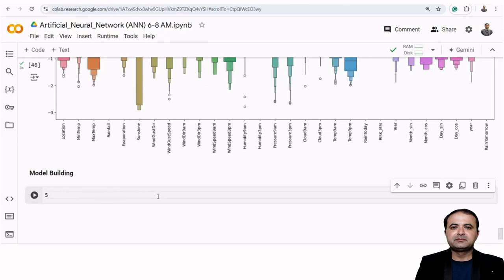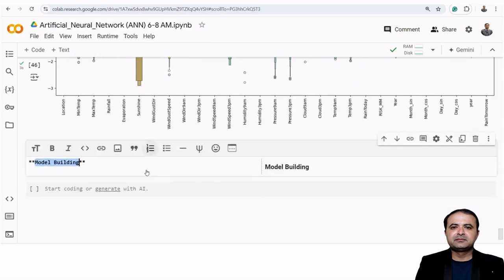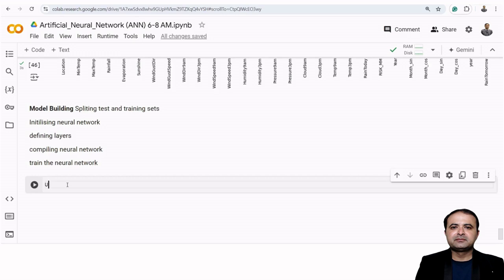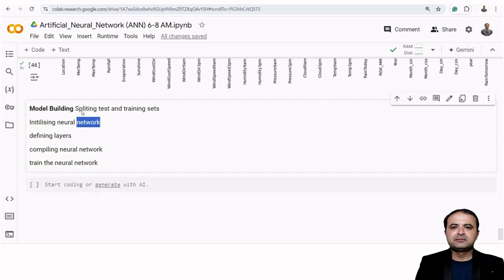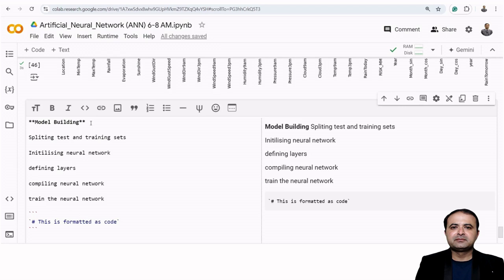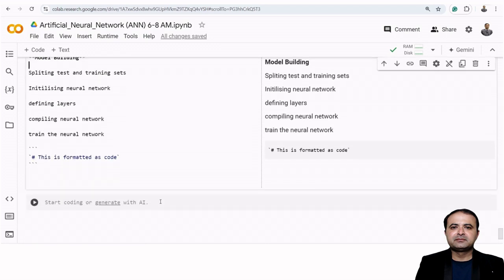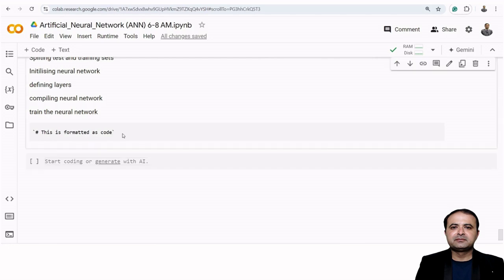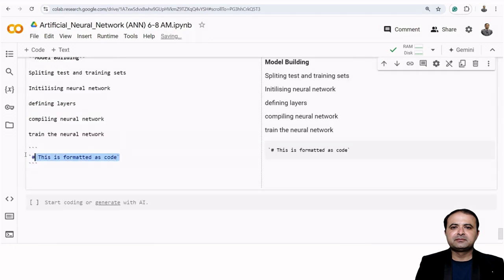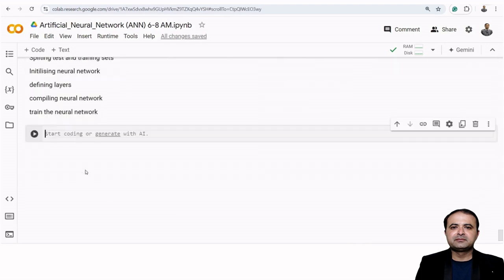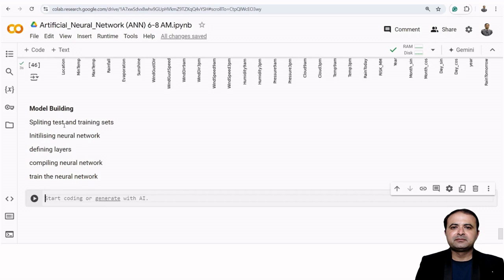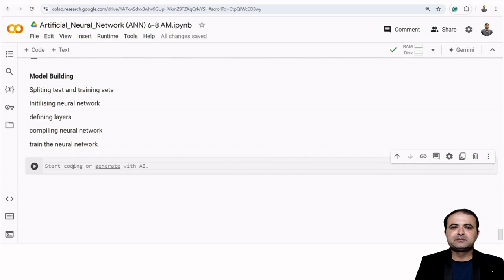I want to write something. This is the thing I will apply: I will build the model, and after building this model I will apply these things. I will first split the training and test data, then apply the neural network, then define the model, then compile the model. So let's see. Firstly, for X, I want to define the features,